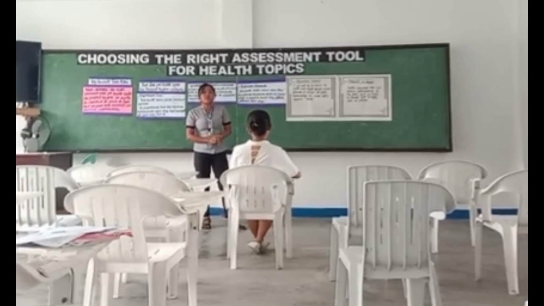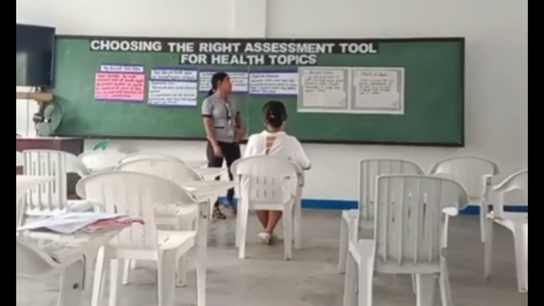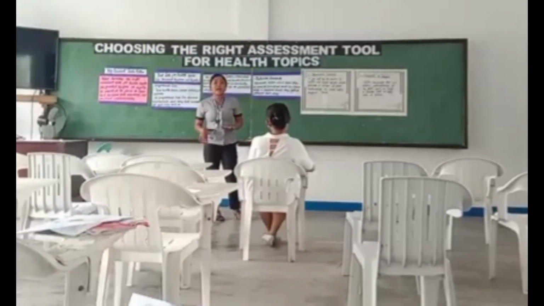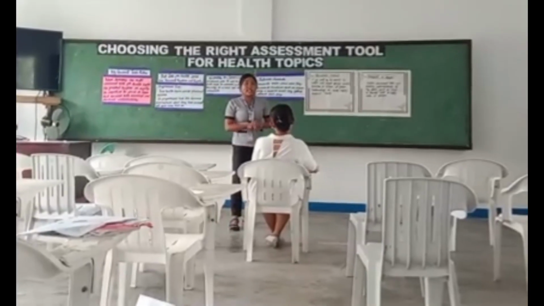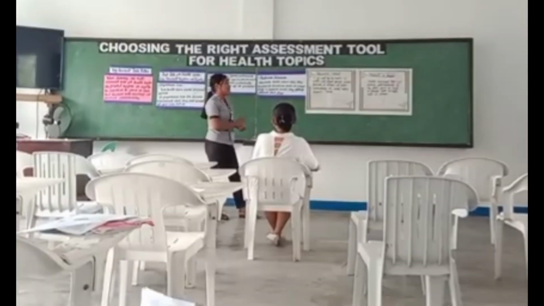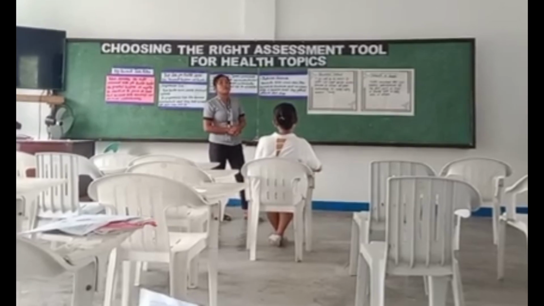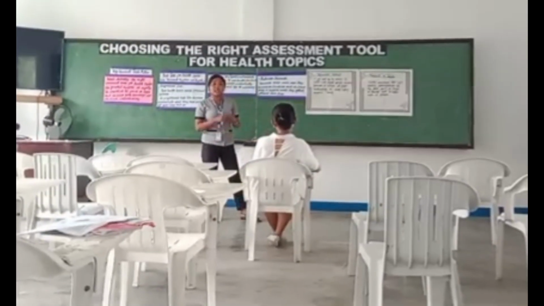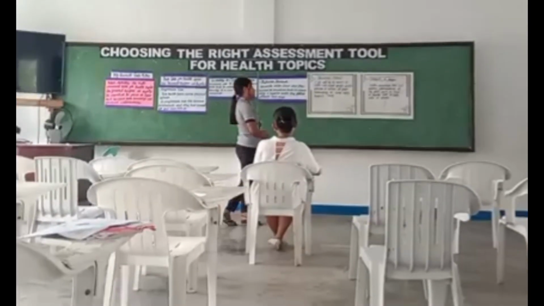It can be used for individual assessment or group observation. The main purpose of the observation checklist is to assess whether the students can apply what they have learned in real-life or practical situations. It gives teachers a clear and objective way to track students' performance and behavior. It is especially useful in health education because many skills need to be demonstrated, not just discussed. It also helps identify students who need more practice and reinforcement.